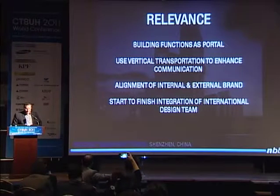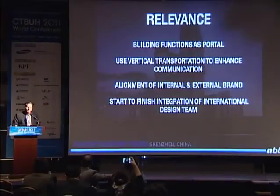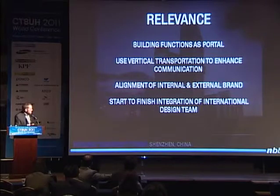But one of the notions is the two in the middle, which is basically how do you use the vertical transportation of a tall building to really enhance the communication, the horizontal communication among the different people and enhance the social magnets. And then how do you align the internal brand of a company, the experience that its employees feel day in and day out, with its external brand, which is telling the world that it's innovative,